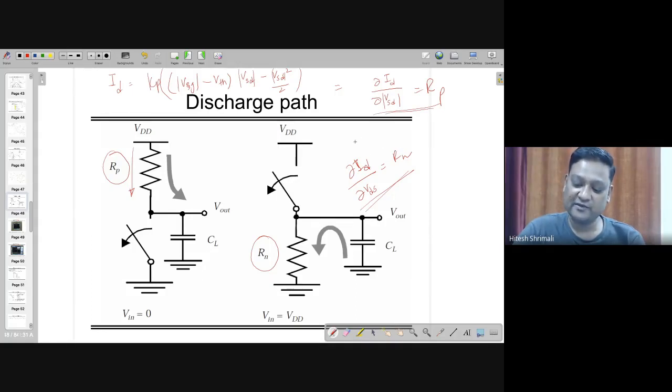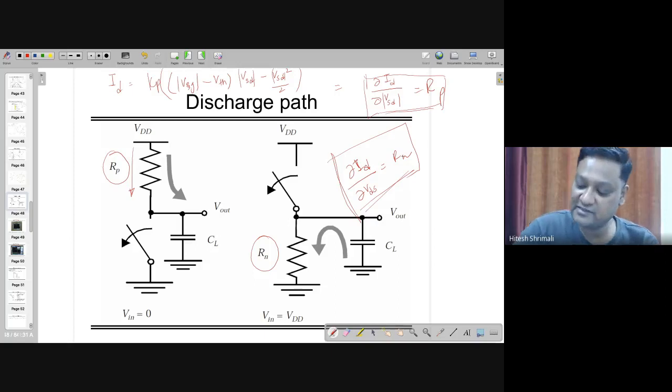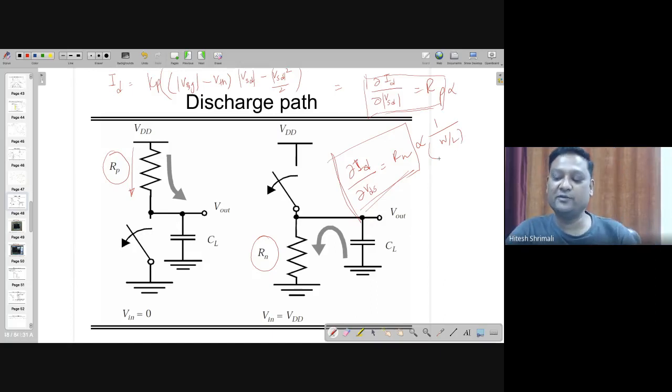The same thing must have been discussed, I believe, in analog circuit design also, like CMOS analog IC design, and these are the same equations which you have studied previously in your course, right? Okay. By the way, Rn will be in proportion to the reciprocal of W by L. When you look at the equation, it will be like this.